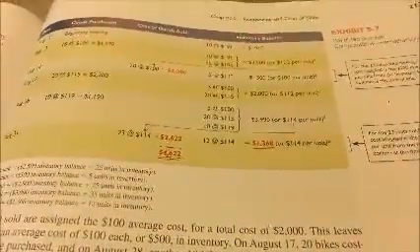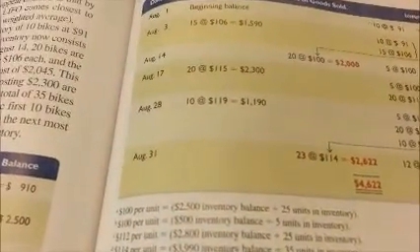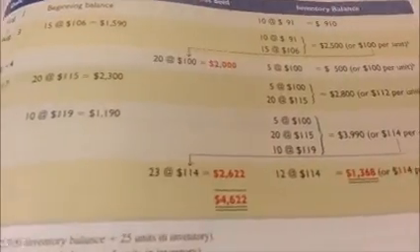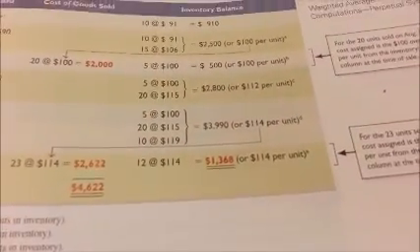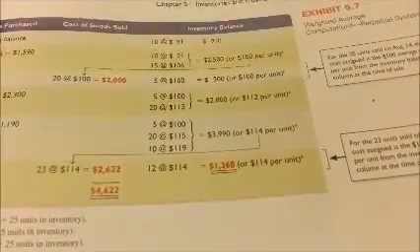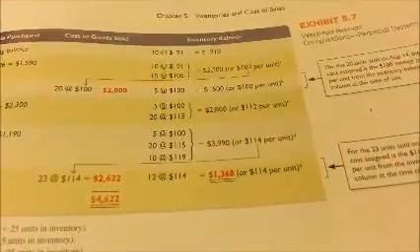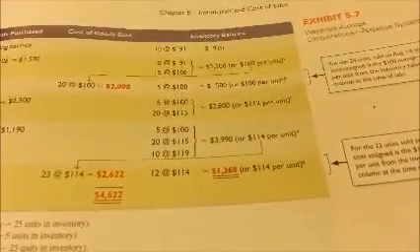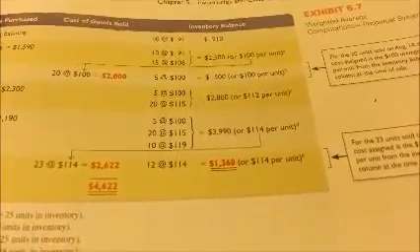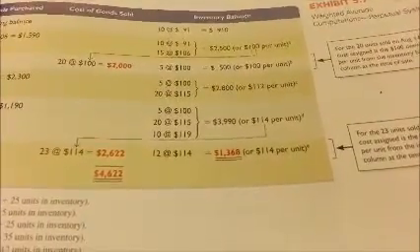So now, on August 28th, we purchased 10 units at $119 a unit. So now when we get another purchase, we have to calculate a new weighted average. The $112 will no longer apply. So we've got 25 units at $112 per unit. They do it out in different layers. I'm doing it a little different way. Plus the 10 units at $119 per unit gives us a total cost of